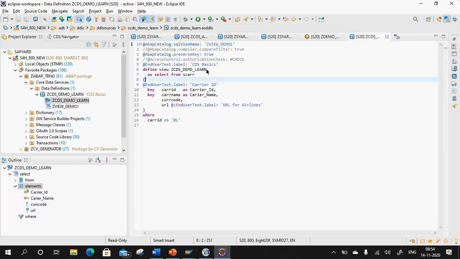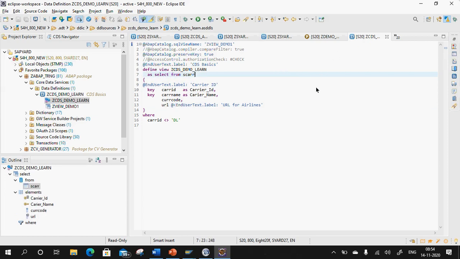This semantics is used from your consumption point of view, in your Fiori applications or when exposing, so there you will be able to see the difference in how this field label will look, not just from my CDS view itself.